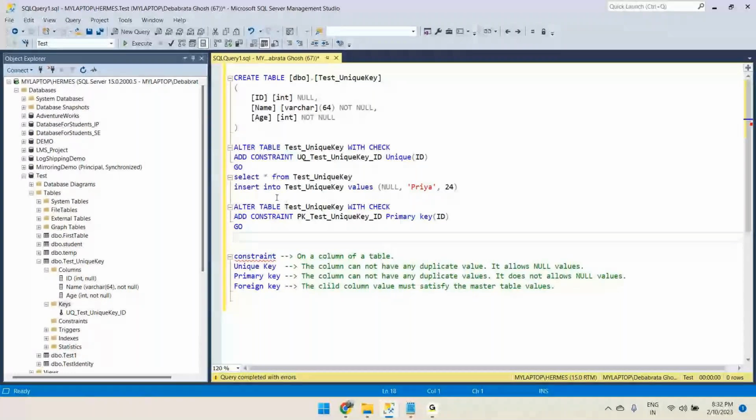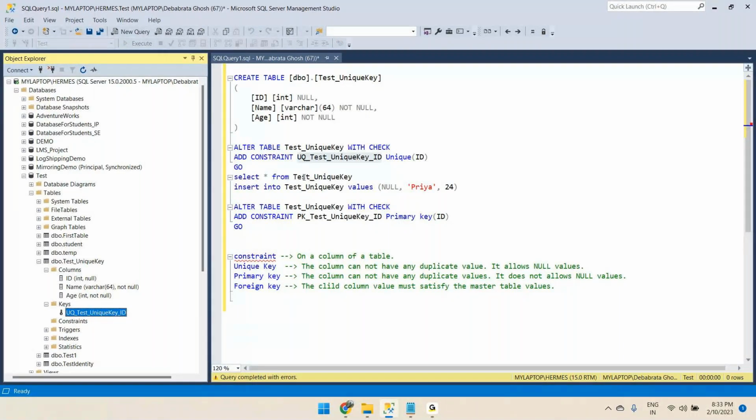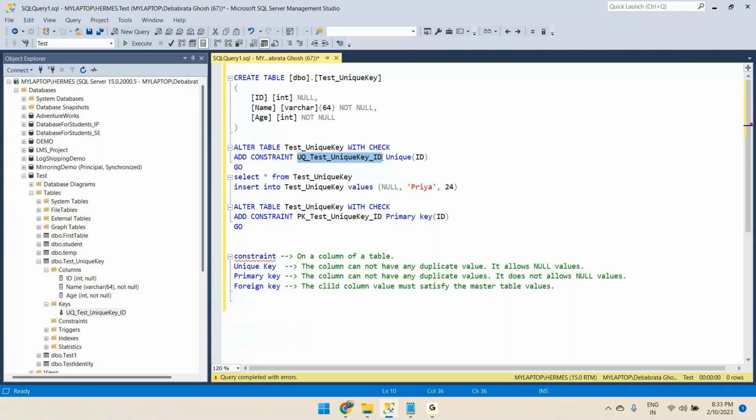So we have created an ALTER TABLE with check add constraint. We are adding a constraint on column ID. You can see this is the constraint name, right? So we have created this constraint, and the constraint is a unique constraint on the id column, and the id column type is null,